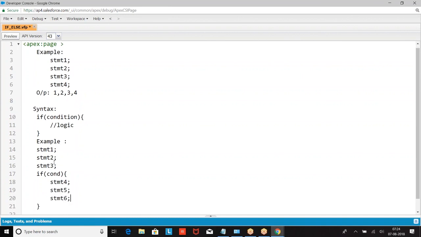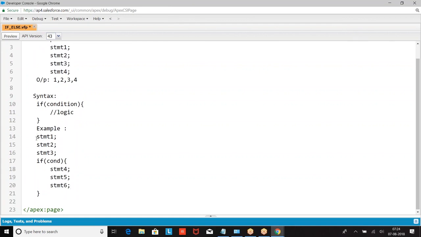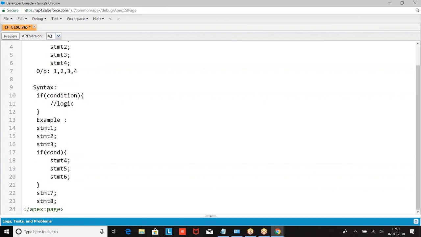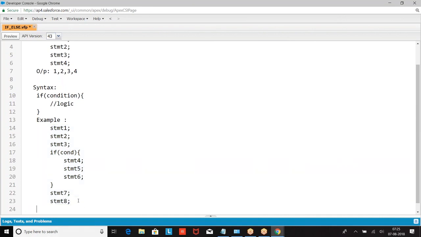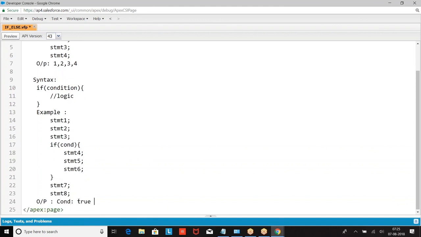So this is how we wrote an example: statement 1, statement 2. This is how we are getting the program. So if this is the program, how will the output come?